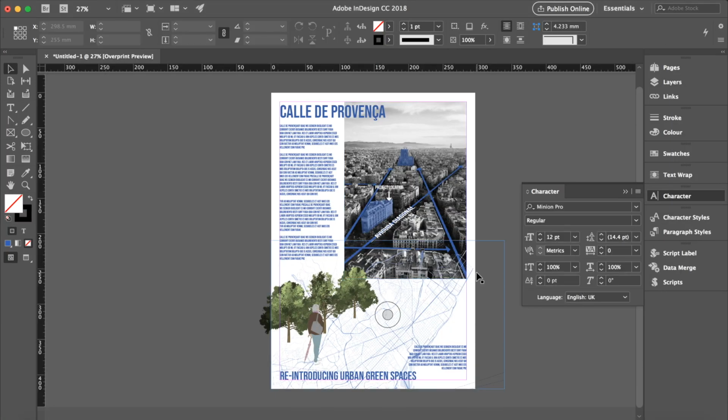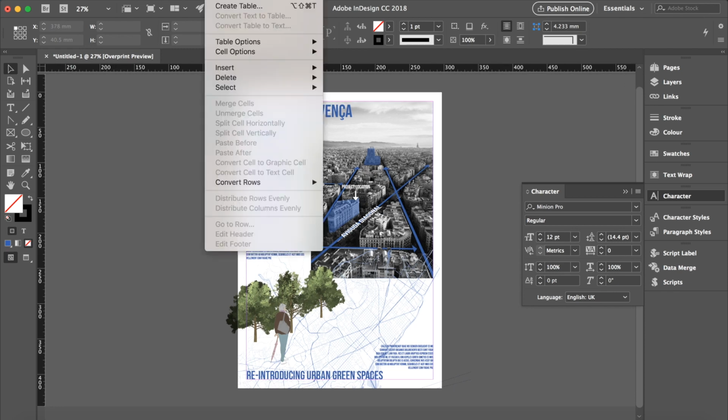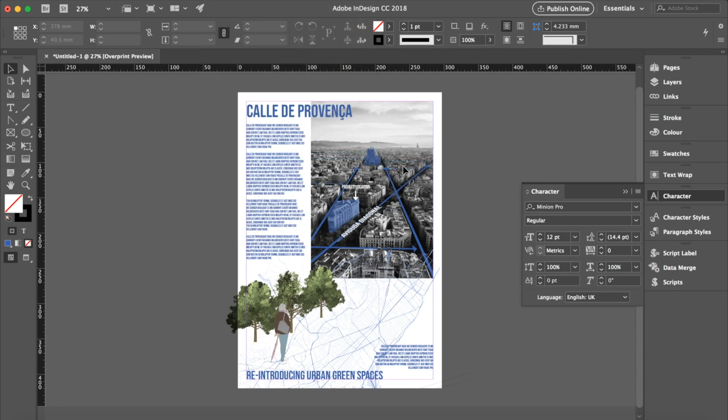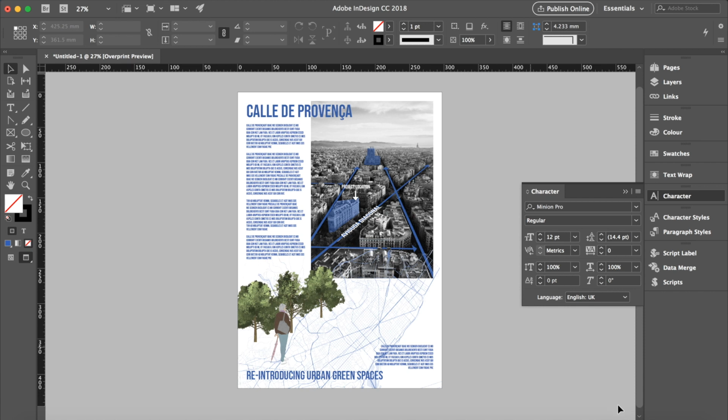I've decided to add this to a portfolio sheet, as you can see here. I've just given the site street name as the overall title, and then what I've done is I've added our aerial photograph annotated image at the background there. I've added a map at the front just of the plan view of the street, and then quite simply just put some keywords introducing urban green spaces, which is what I will then be leading on to with the remainder